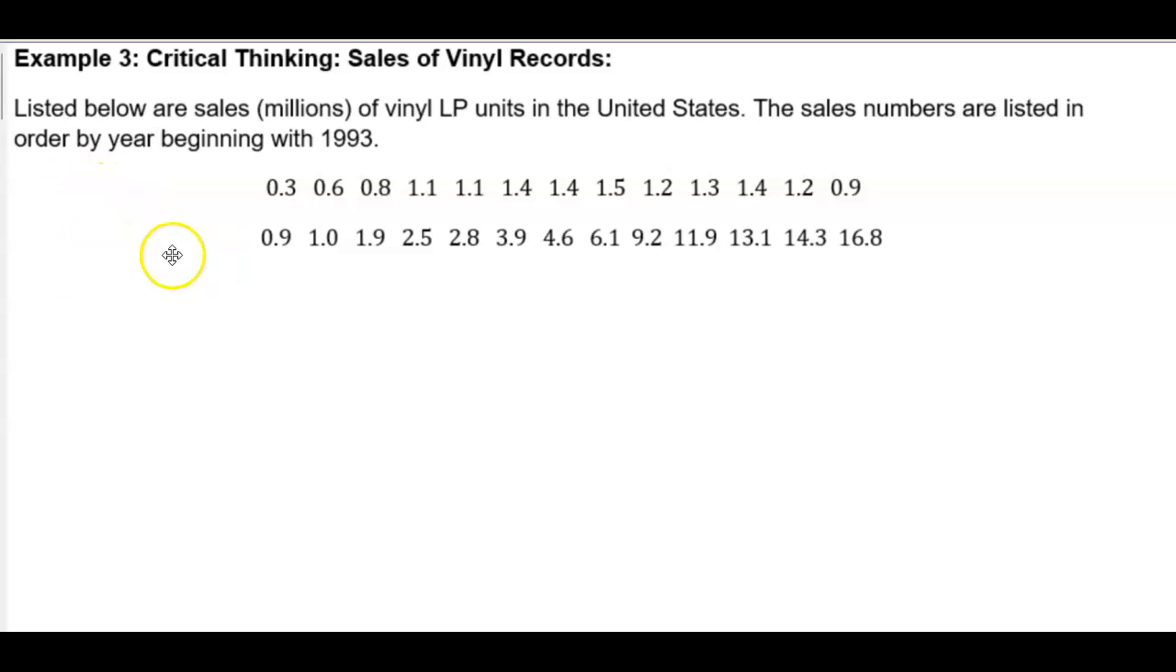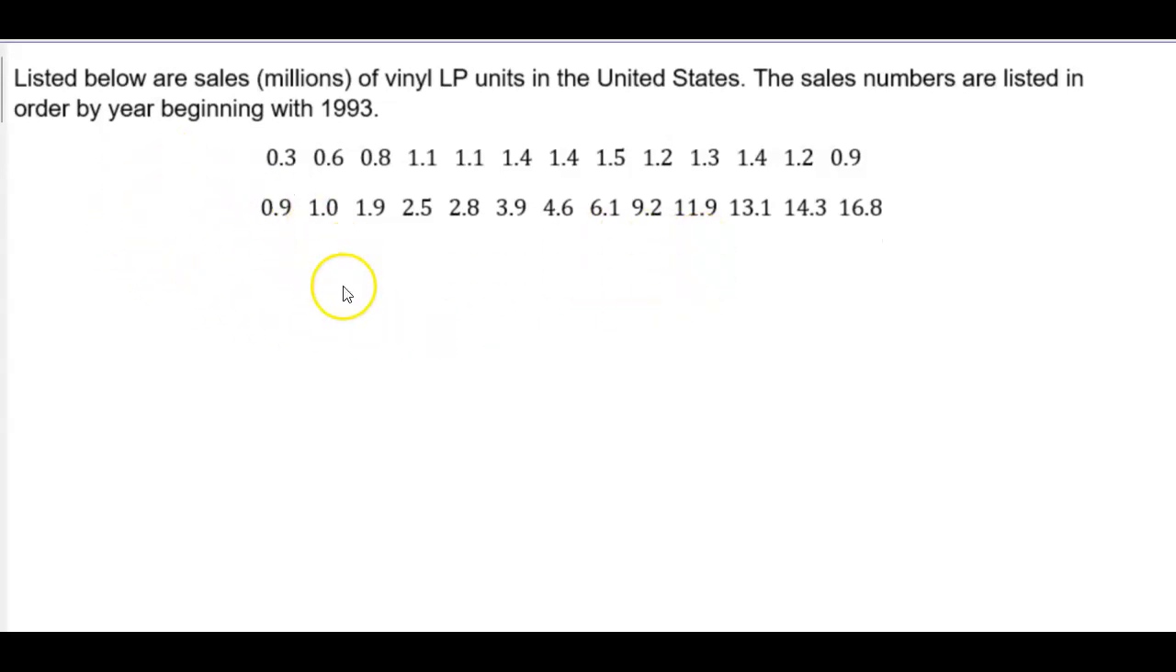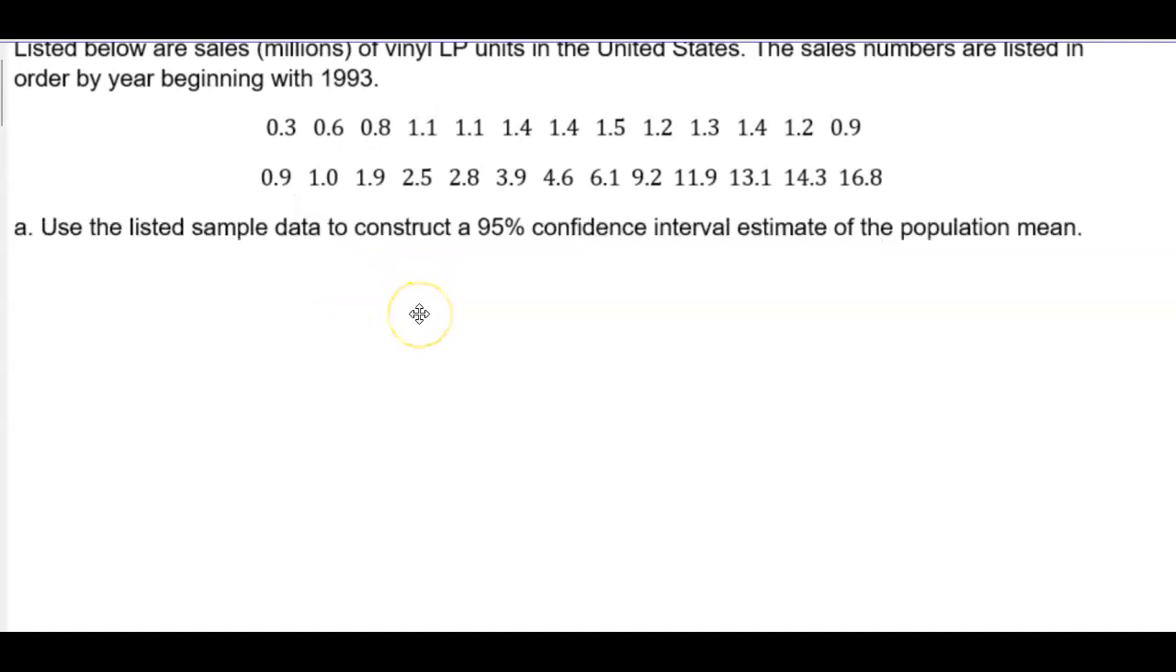Example 3. Critical thinking, sales of vinyl records. Listed below are sales in millions of vinyl LP units in the United States. The sales numbers are listed in order by year beginning with 1993. For part A, they want us to use the listed sample to construct a 95% confidence interval estimate of the